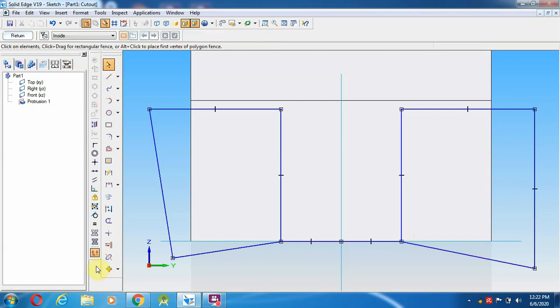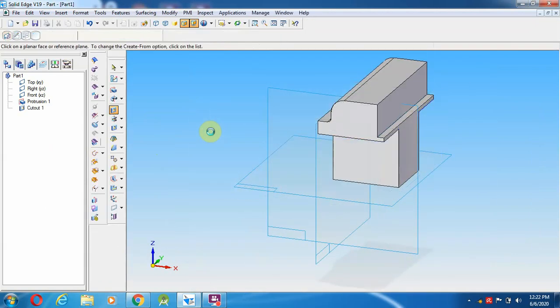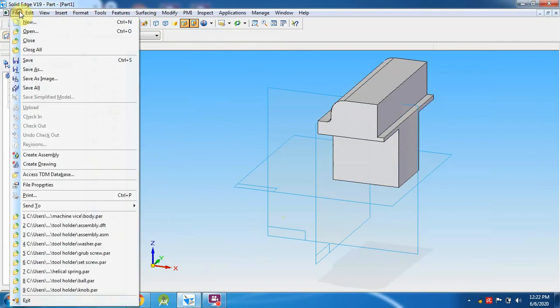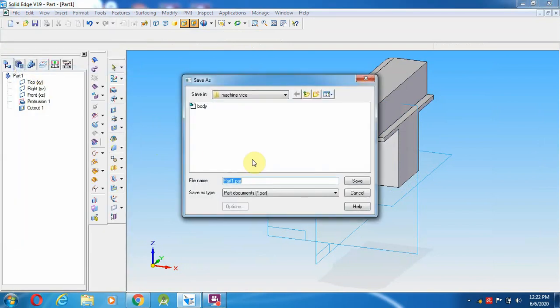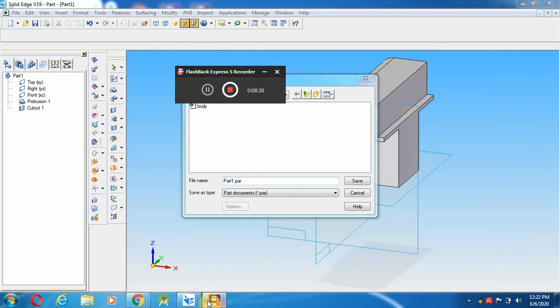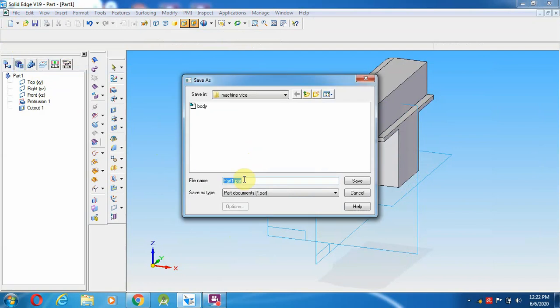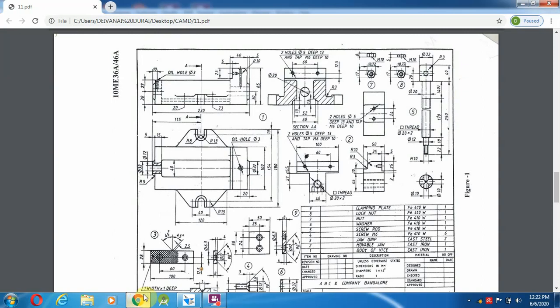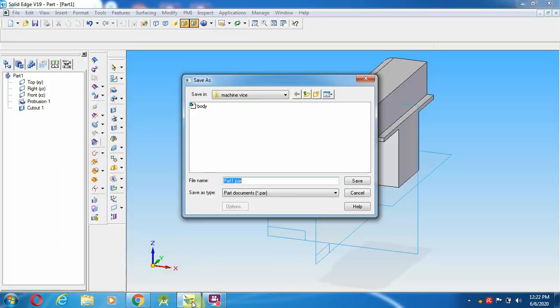Join over here, then select the trim option. After trimming it, I am going to give return throughout the component. Those things have to be created over here. Then this has to be saved with the component name. We can give the component name as mobile jaw. Mobile jaw.